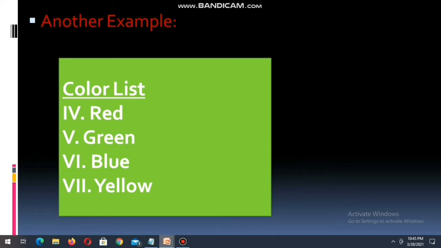This is also a color list. Number 4 red, 5 green, 6 blue, 7 yellow. Both are ordered lists, but there is a difference between the first list and the second list. The first list starts with A and the second list starts with 4 and is in Roman numbers. So there is a difference between these two lists.